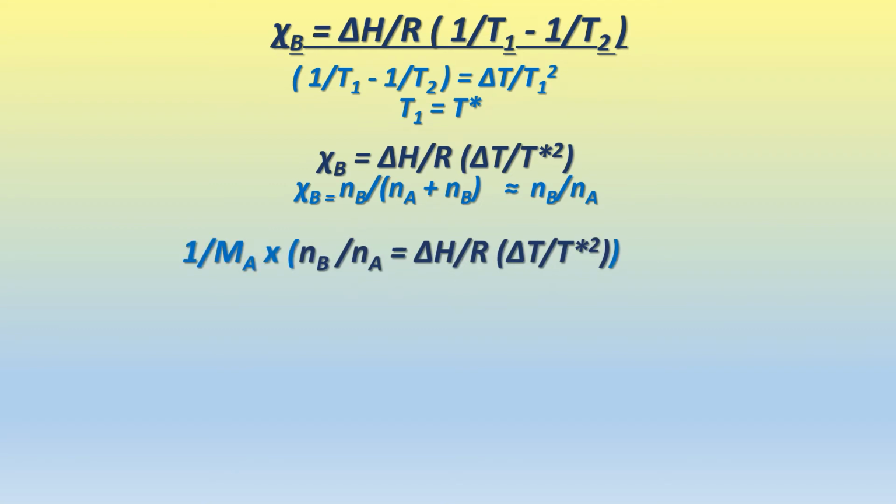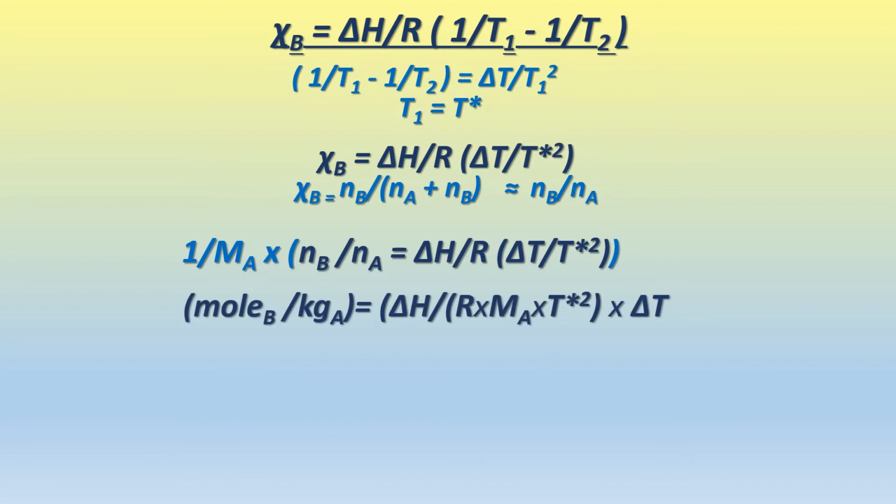I'm going to divide this whole thing by the molecular weight of the solvent. Why am I doing this? I wind up with the following. Moles of B over moles of A times the mass of A, or moles of B over kilograms of A,